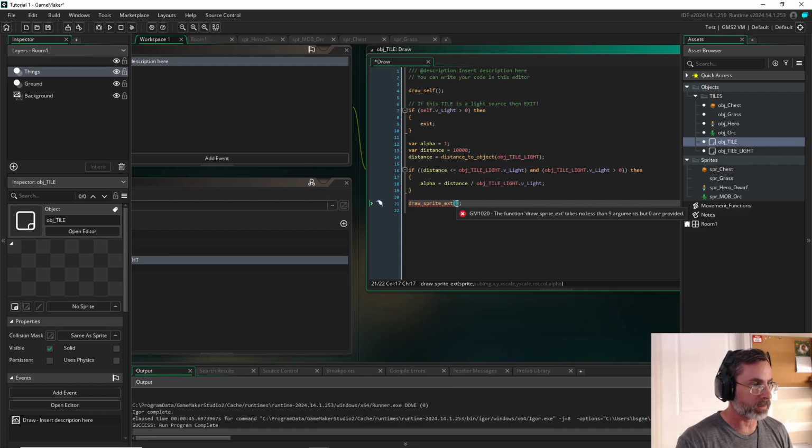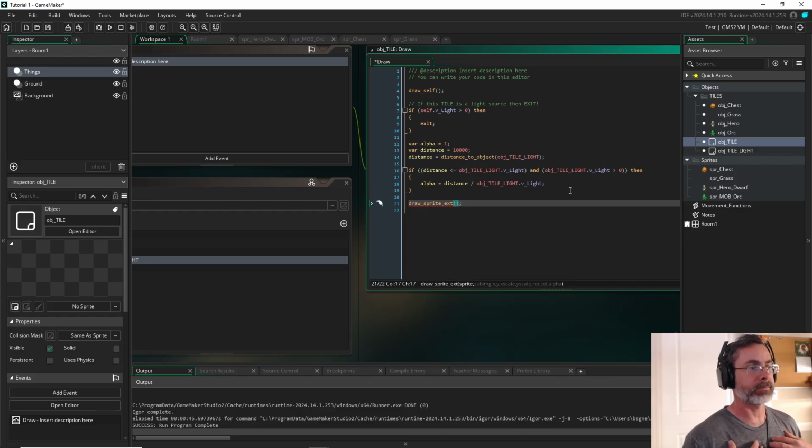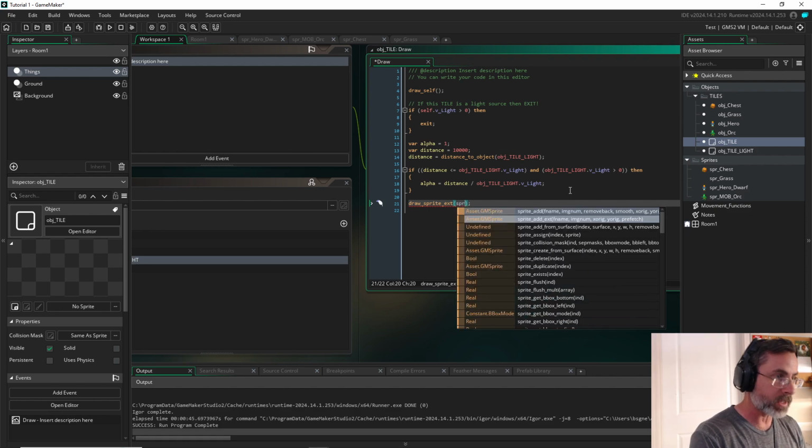Let's right here. So we want whatever sprite we've assigned to our object. So if it's object orc, we want the sprite orc. Well, how do we get that, right? Because we have grass, we have chest, we have the hero. We're gonna have hundreds of tiles of different types. How do we get the name of it? We're gonna use sprite underscore